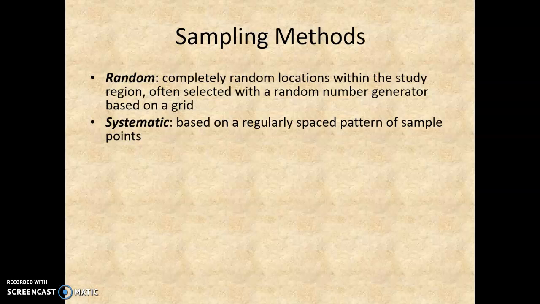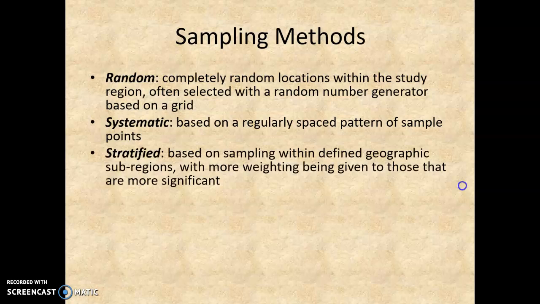Systematic is this regularly spaced pattern, and you're much more likely to do something systematic if you're looking at how a landform has grown, or if you're trying to collect over different elevations, and you might have a transect that goes up the hill and then down the other side. Or you're looking at a river, because a river is an elongated feature. If you're collecting river data, you don't want to just randomly select. You're much more likely to need to be systematic,